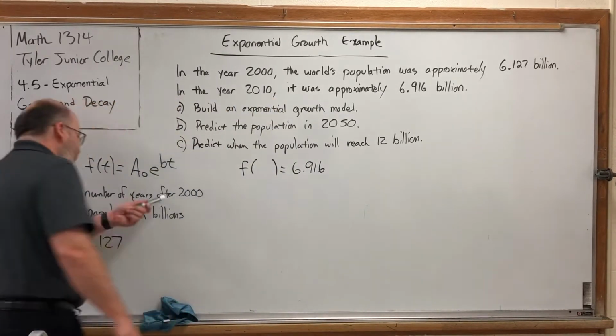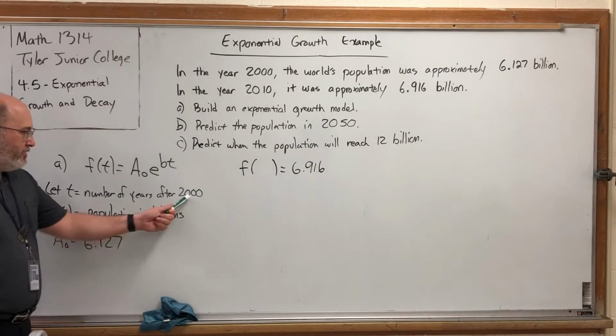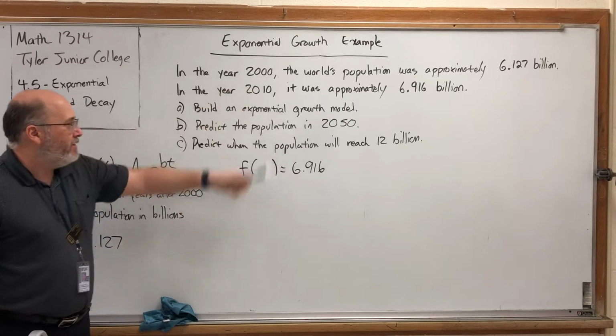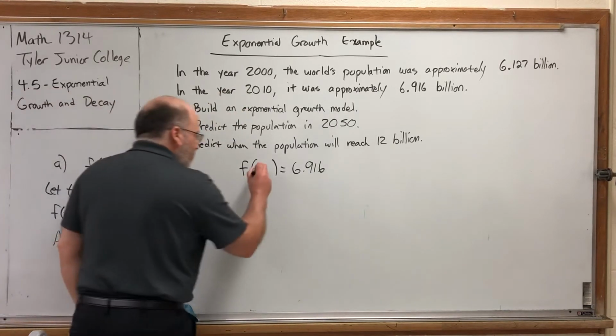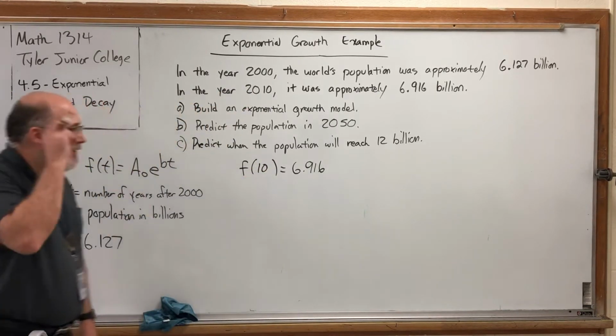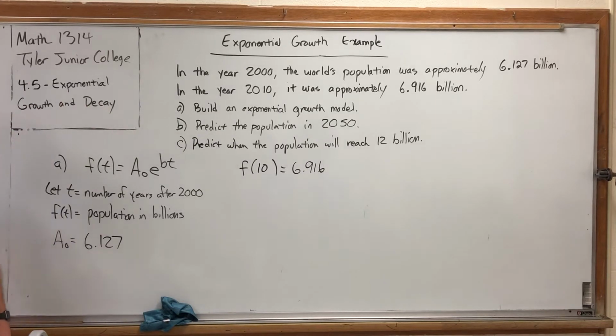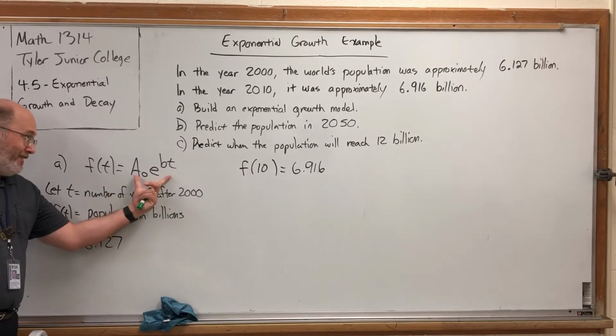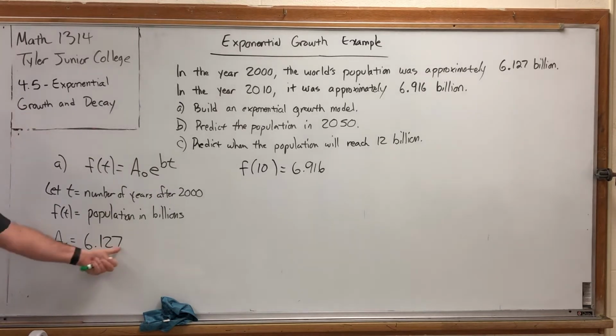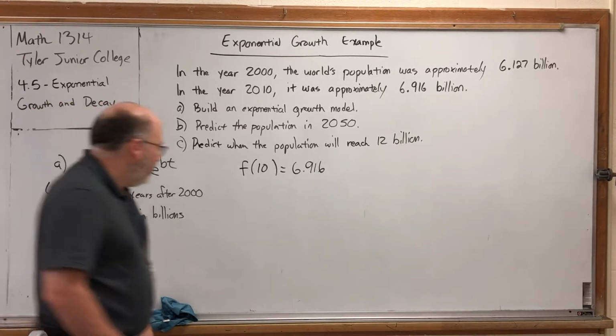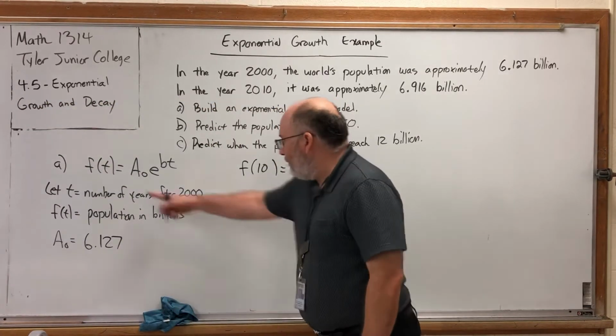Since t is measuring the number of years after 2010, I can simply subtract these and figure out that t equals 10. So that second statement about the population in the context of our model can be written as f of 10 equals 6.916. But I know what my function looks like. It looks like this, and on top of that, I know what the leading coefficient is. So why don't we go ahead and write our function